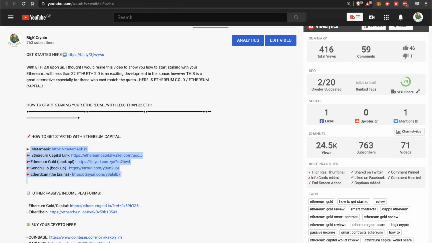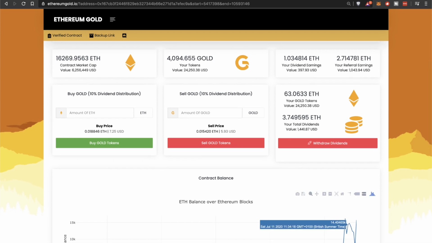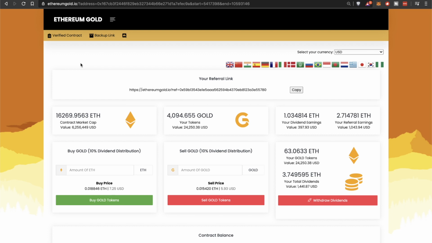But going back to all the links, guys, make sure you bookmark them, make sure you have them there, and enjoy the ride. As we can see, if we look at the chart right now, we had this Oracle tsunami, we've had a couple of nice sell-offs, and now we're back right up. Look, we're at 16,000 right now in the contract. Anybody that got in from the Oracle from day one at $1.17, it's been beautiful, beautiful gains.